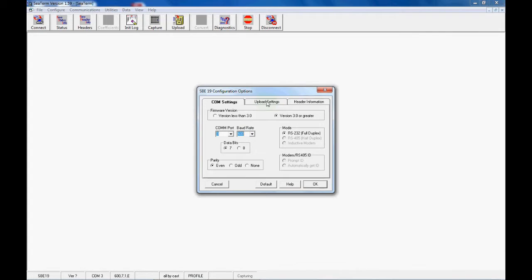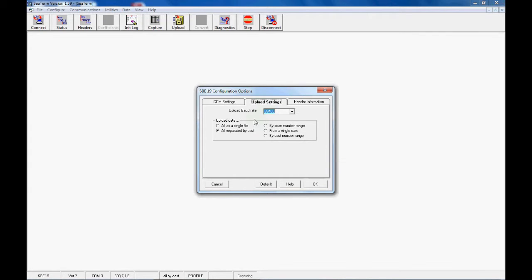The next thing we need to do is check the upload settings. So here we can select the upload baud rate, so how fast the data is streamed from the CTD to the computer. We'll set this at 38400. But your other options are, you can see there, anywhere from 600 up to the 38400. And then how the casts are separated, so whether they all come in as a single file, or whether we separate them by cast,